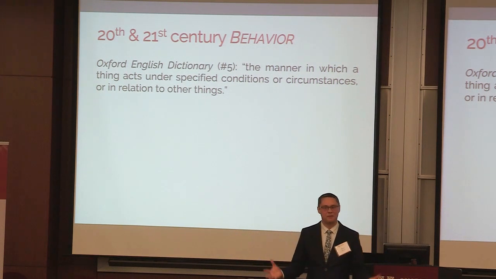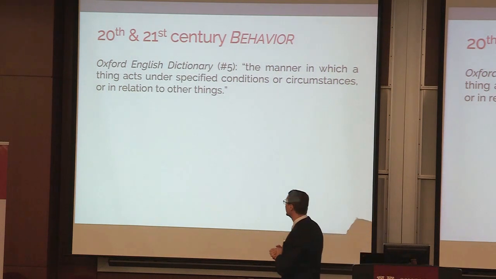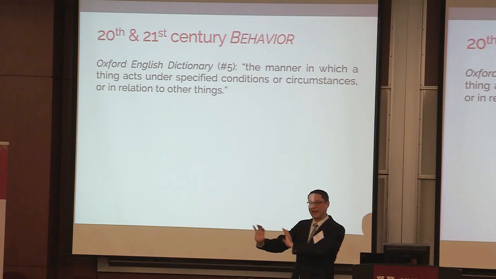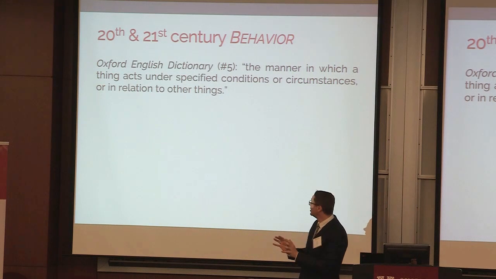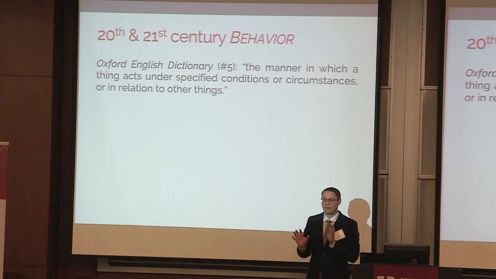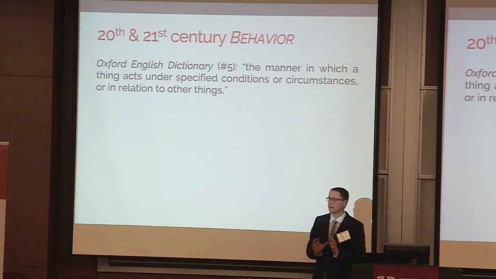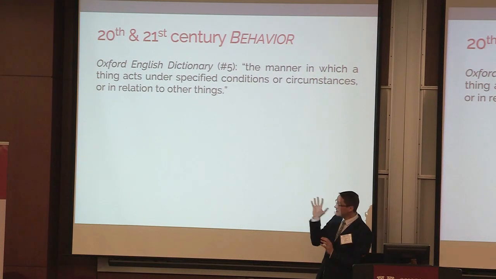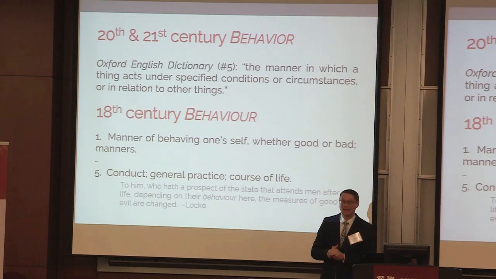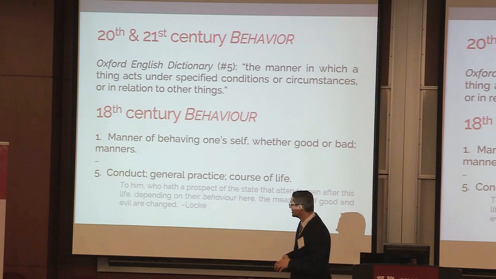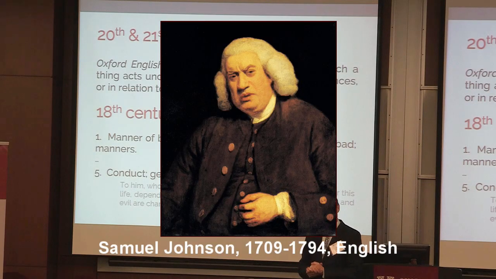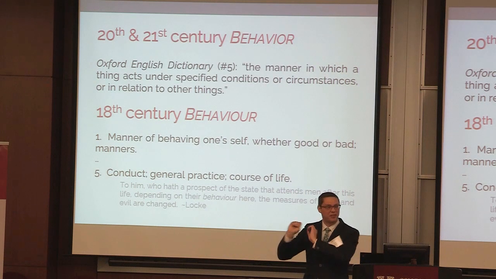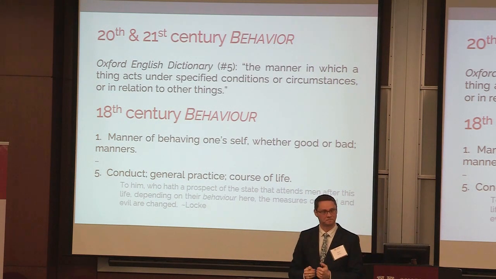Think of it, we talk about behavior. Behavioral economics is a big term that we use today. We're thinking of people behaving in relation to other people, and why are they behaving the way they are? Now, to Adam Smith, that would be an odd way of thinking about the word behavior. This definition wasn't around in the 18th century. Samuel Johnson published a dictionary in 1755, where he had 5 different meanings and senses of the word behavior. None of them dealt with things. They always dealt with people.